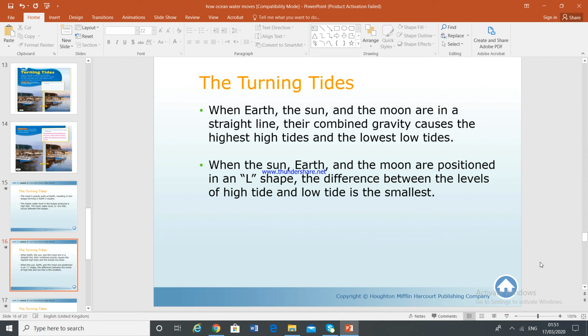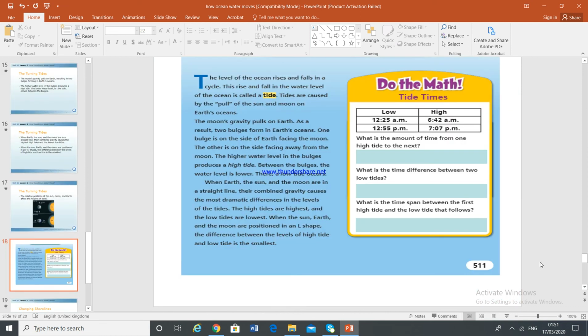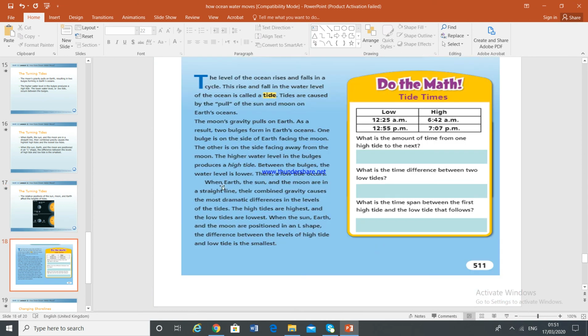Next here. Okay. Relative position of the Sun, Moon, and Earth. They have shown how it is in the straight line and how it is in the L shape. And here, as I have explained everything about tide, high tide, low tide, here is do the math. What is the